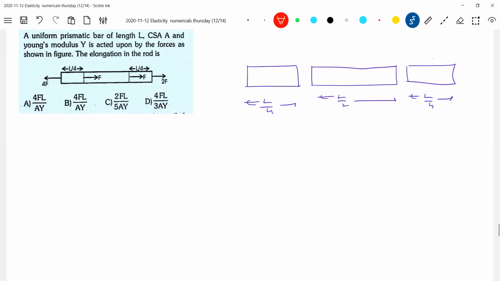Now you see this. Here 4F, here should be 4F. Then this should be 3F, this should be 3F. This is 2F. Then here should be F. Sorry, 2F it is. Check it now. So we will call these sections 1, 2, and 3. Now look: what was the net force? 4F, F, F. So 4F plus 4F, the net force is 0. It will be at rest. So each and every element will be at rest.